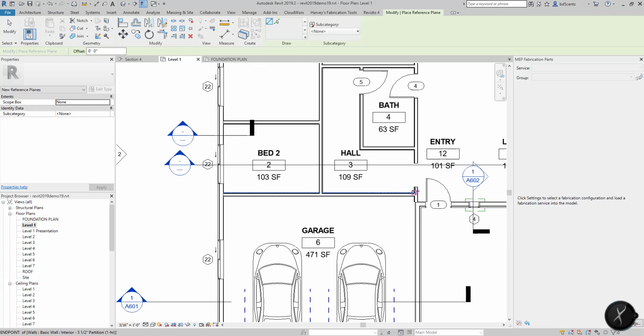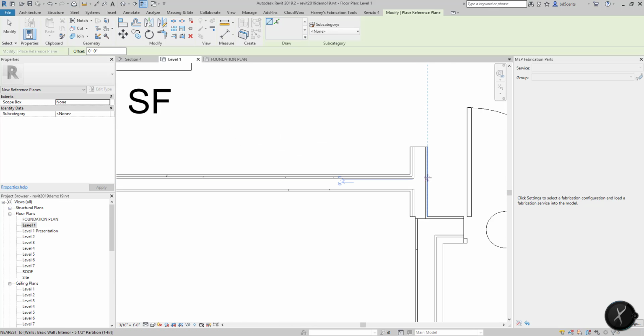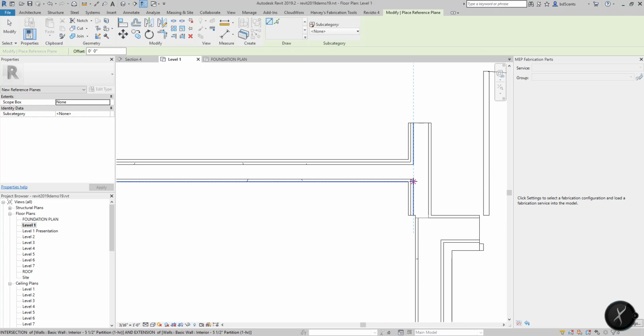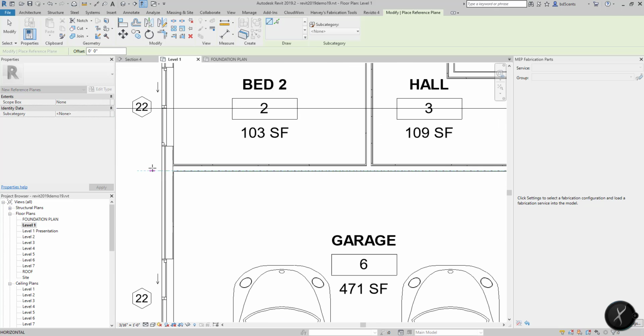Now, technically I need 2 because this wall goes back. There's a depth to it. But for now, I'll adjust, because I know that this edge of that curb is to this core wall. So I'm just going to draw from this interior core wall out, and I'm going to name this garage wall